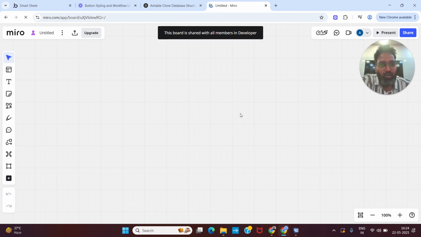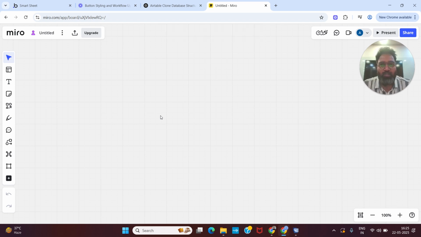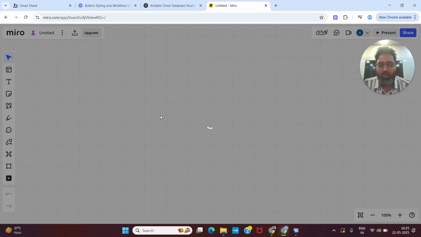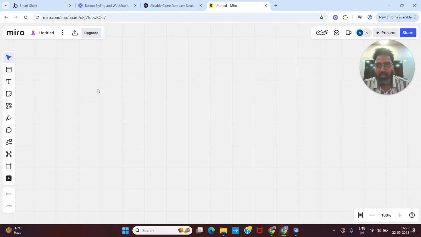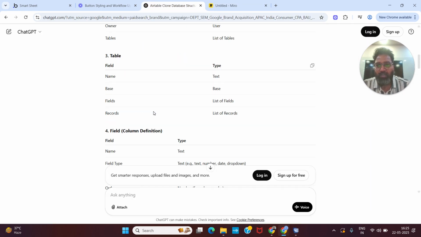So I can only talk about Bubble's database, what we can do, what we can't. I won't be able to comment on other databases. But in a general way, what AI is saying is that let's create